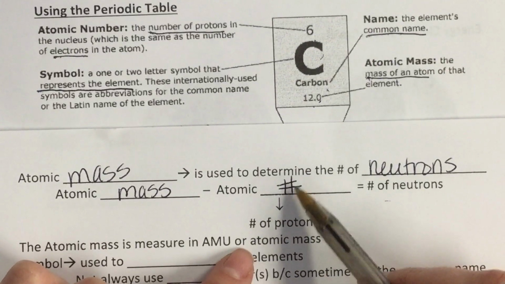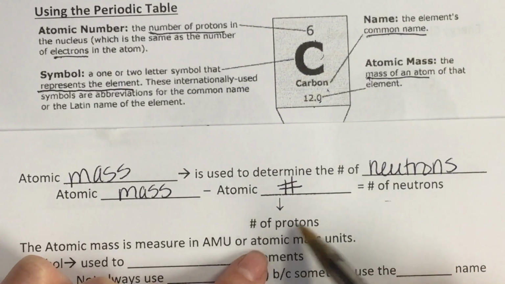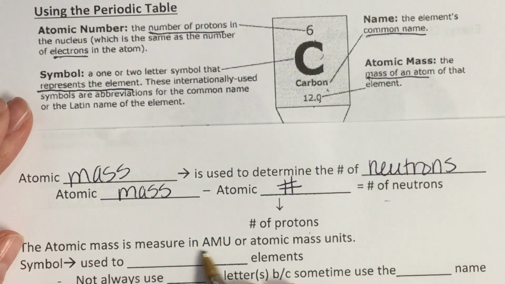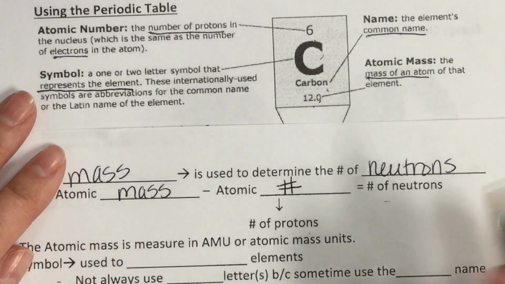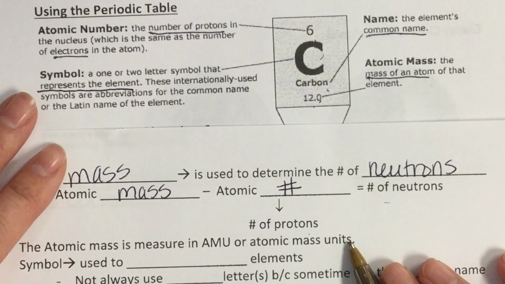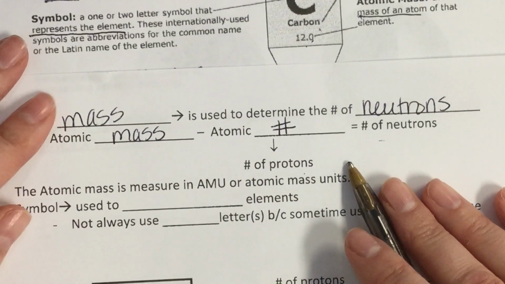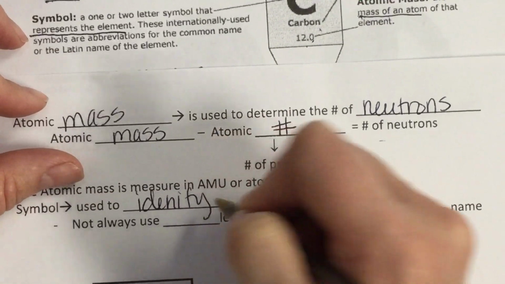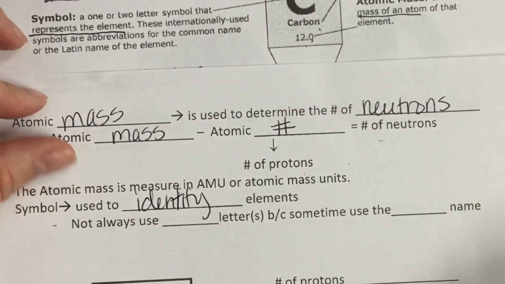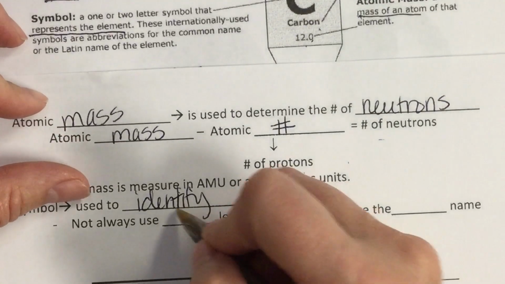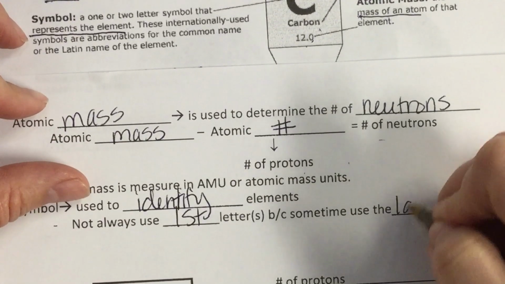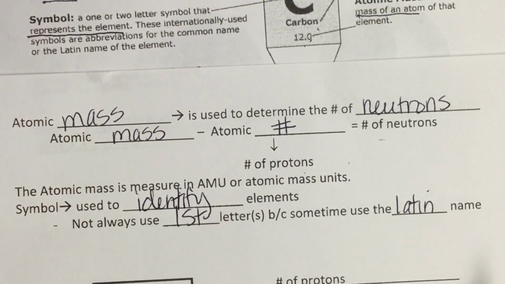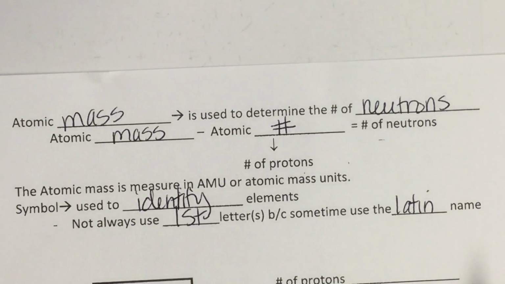And remember that atomic number is also called the proton number. So it's the number of protons, the atomic number. So the atomic mass is measured in atomic mass units, just in case you're wondering. Those are AMUs, atomic mass units. And the symbol is used to identify the element. It's not always the first letters because sometimes it is the Latin name. Okay? All right, so what we're going to do now is we're going to practice finding our number of protons